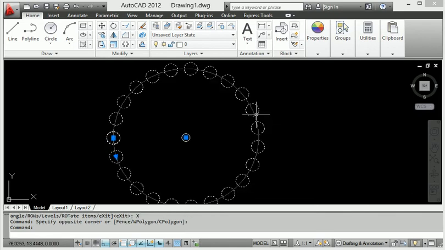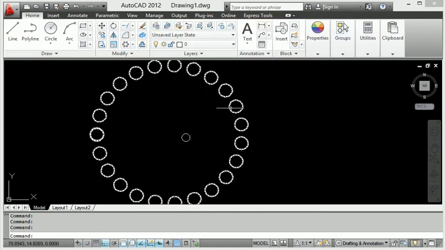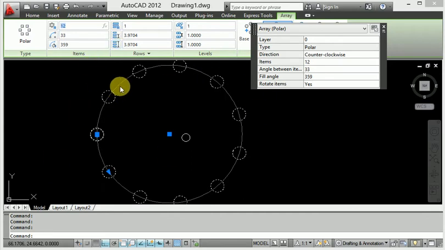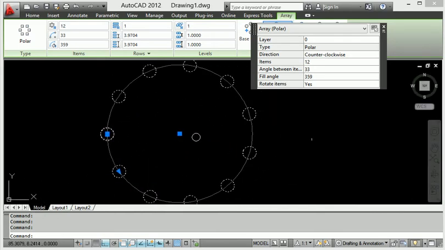So double click on the line, and you come to the pattern here. The number of quantity is 24, so I want 12, so it comes to 12. Okay, then the distance: the number of patterns is 12, the degree is 360 degrees, and the angle around is 33. So like this I have provided the number of circular patterns.